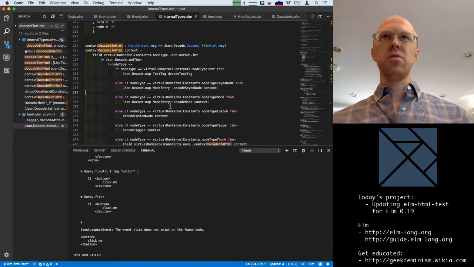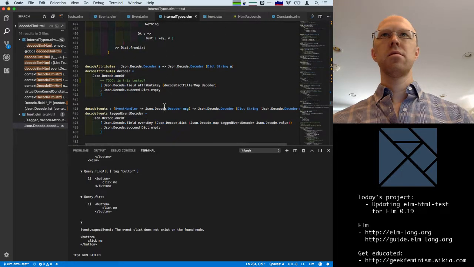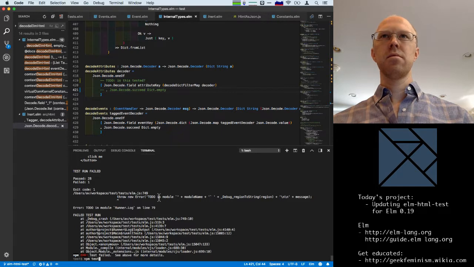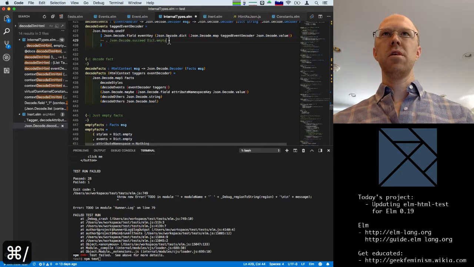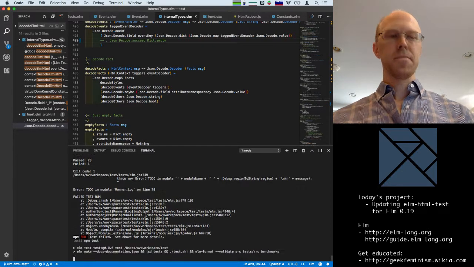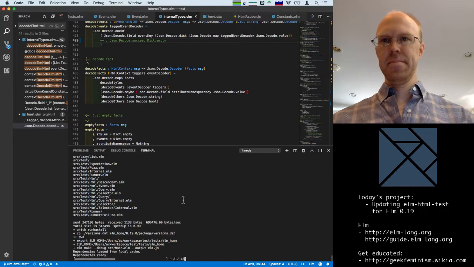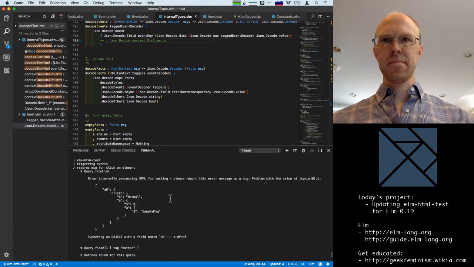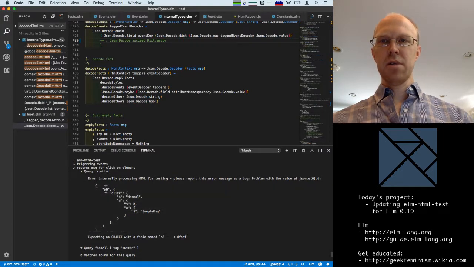All right, because we also had in the decoder, we turned this off temporarily. Whoops, not attributes. In decode events, we turned this off so that we'd get the decoding error. Okay, so here's our event object.